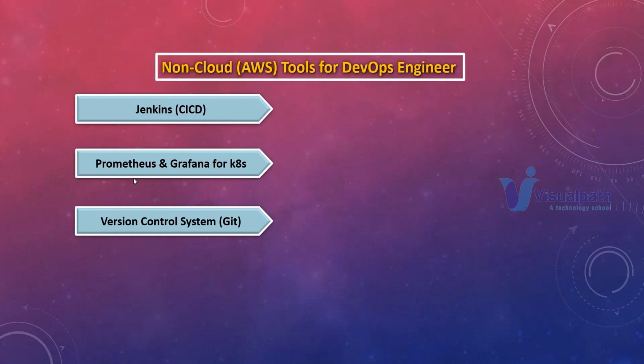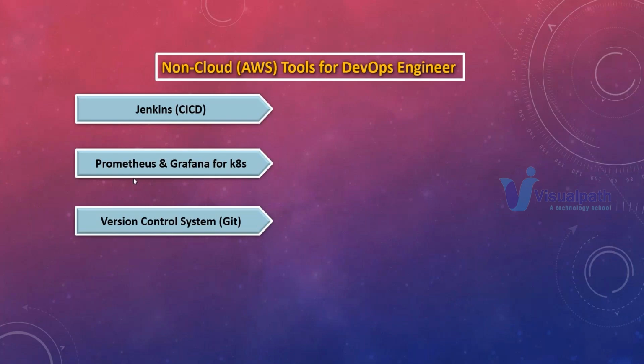Okay, so we need to learn how to store the code. See, people will not store the code in the local system, right? Many people will be working on the project, and you will be distributing the work. When the work is distributed in software development, everybody has to write the code, and they have to store the code in a centralized server. To do that task, we have to use Git. Okay, so Git is called a version control system, and it is called a distributed version control system. So you need to understand what a version control system is, what a centralized version control system is, what a distributed version control system is, and many more.